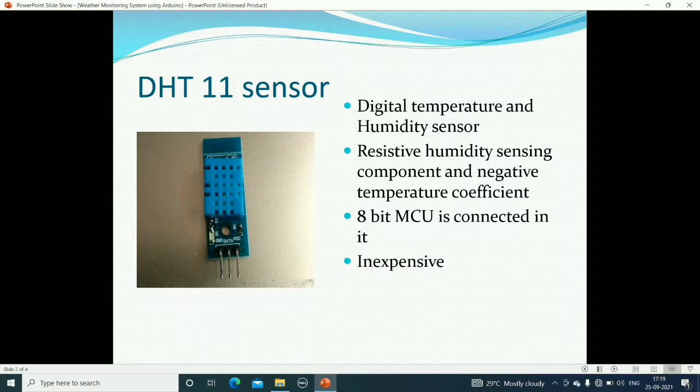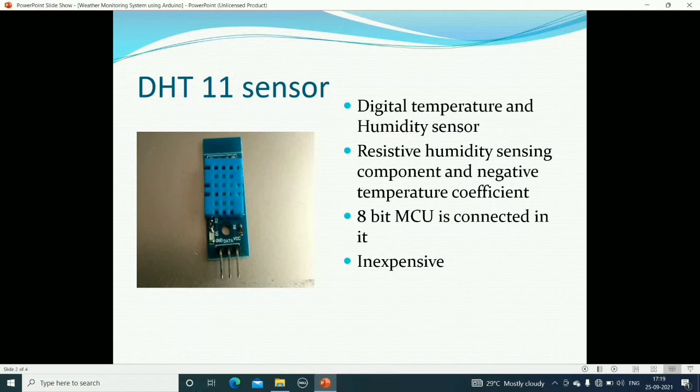Whenever you buy a sensor, before doing the connections, it's my suggestion that you first read the specifications and the pin numbers on the sensor, and then accordingly do the connections. But when you purchase only the DHT11 sensor, it will come with 4 pins, but one of the pins is a not connected or NC pin.